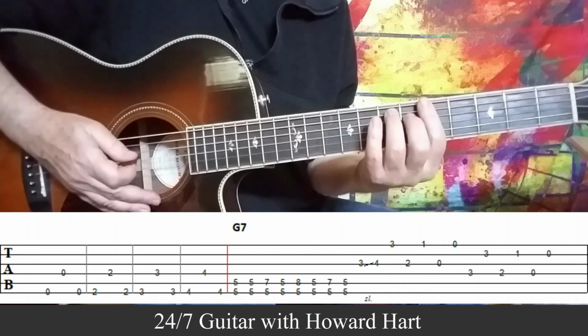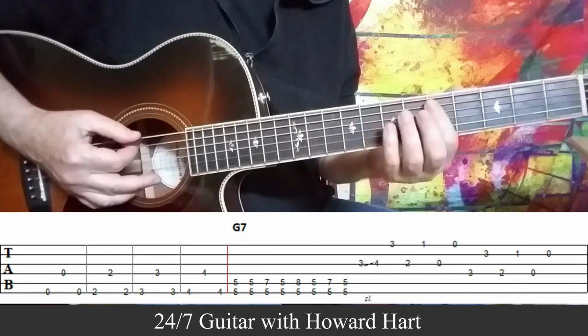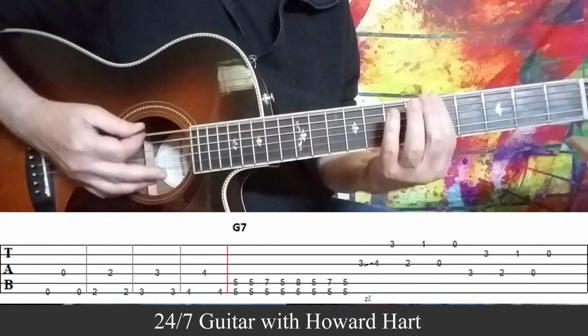And then we play a boogie pattern on the 4 chord, which would be G in this case. And so all I'm doing is barring the top 2 strings, the 6th and the 5th at the 5th fret. And as you can see on the tab, I'm simply playing. And